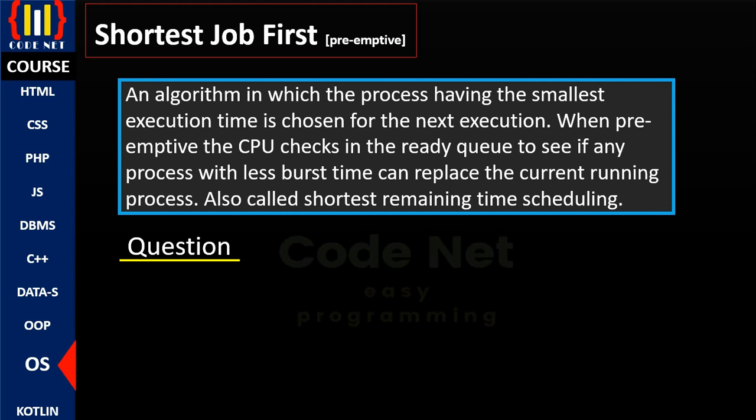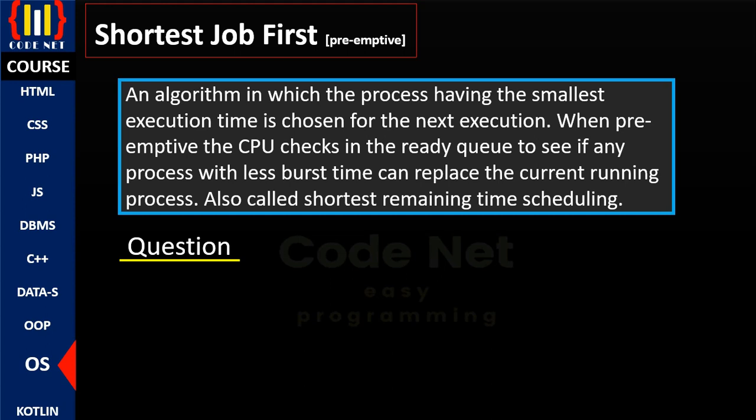To define shortest job first simply as a scheduling algorithm, this is an algorithm in which the process having the smallest execution time is chosen for the next execution. Shortest job first: the process with the shortest or smallest execution time is the process that will be